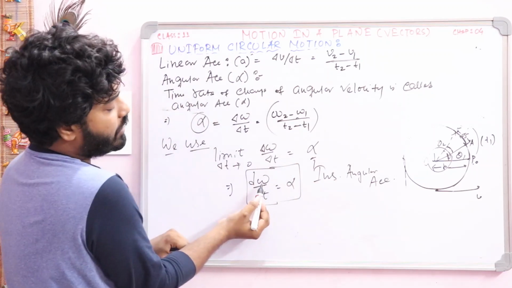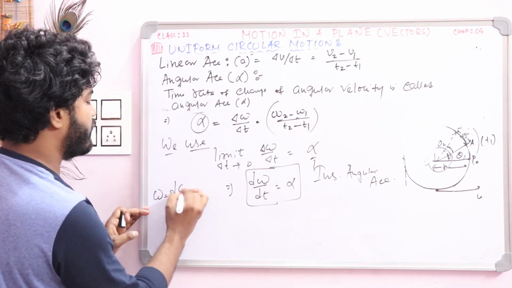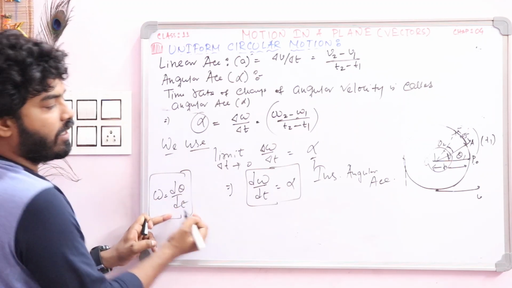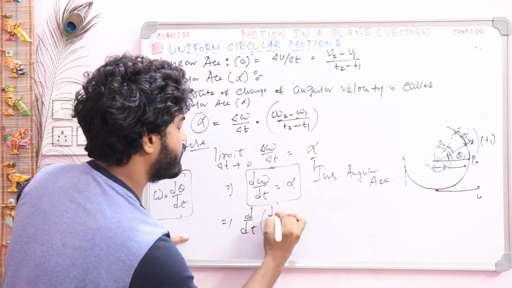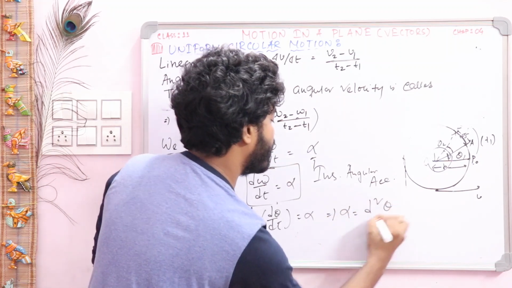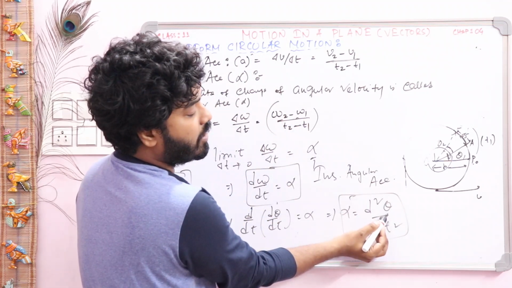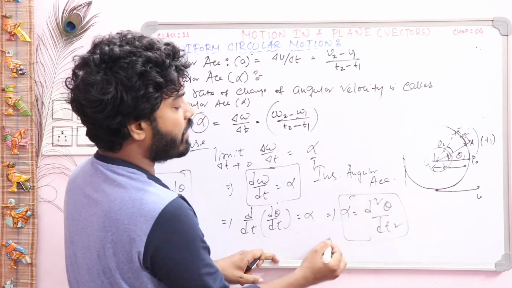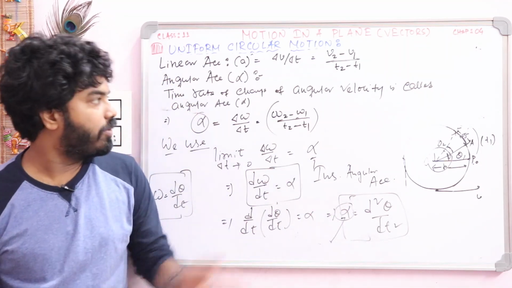We have to differentiate omega, that is angular velocity, with respect to time, and you know omega means d theta by dt. For finding omega, we have to differentiate theta with respect to t. So if we use omega here, d dt of omega, that is d theta by dt, that is equal to alpha. Therefore alpha is equal to d square theta by dt square in terms of angular displacement. So this is our second order differentiation. We have to differentiate theta twice, then we will get the angular acceleration. Okay, so this is the basic part.